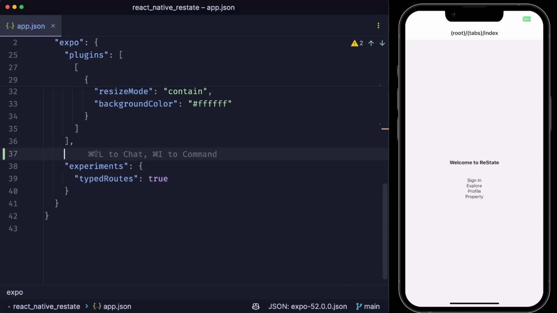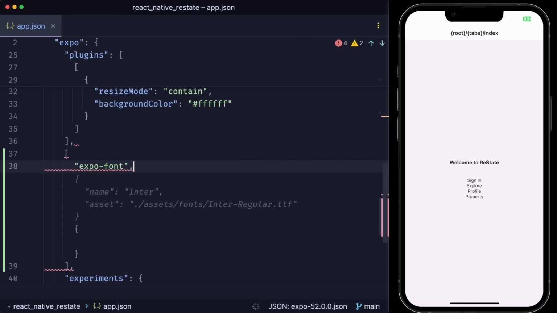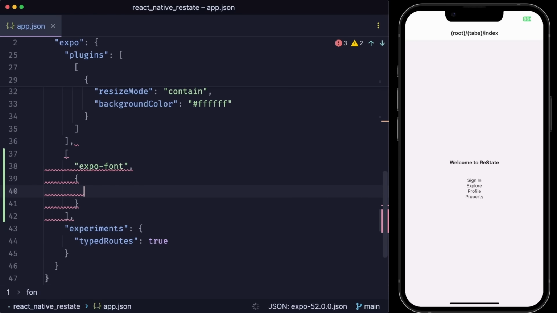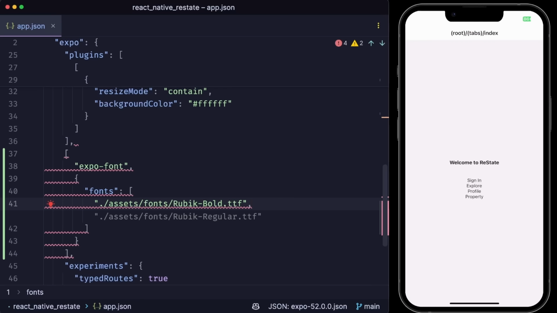So right above experiments, add a new array right here, and within it, create a new string called expo-font, which is a special package which we'll install right now. And as the second parameter, add an object saying fonts. And then within it, we can declare different fonts right here. We can import them coming from /assets/fonts/Rubik-bold.ttf. And you can keep repeating that for all of the other variations of the font that we have,